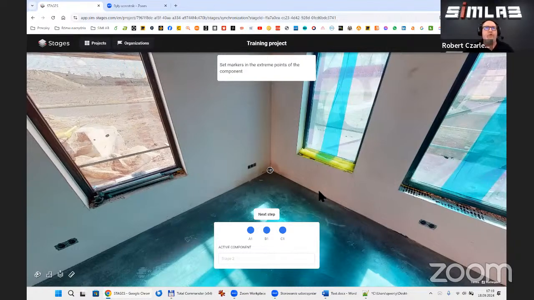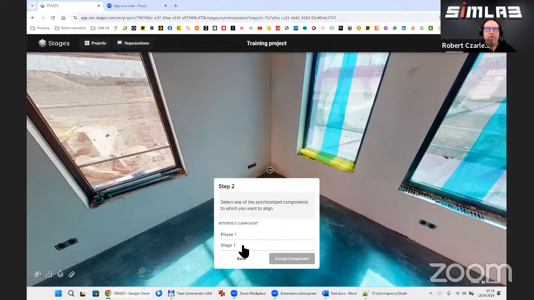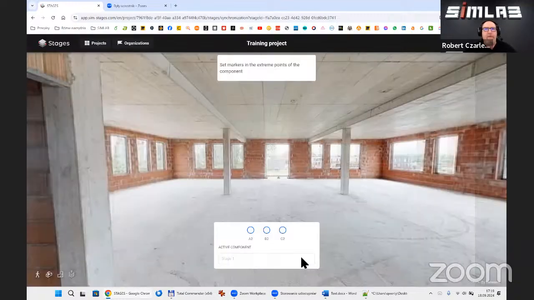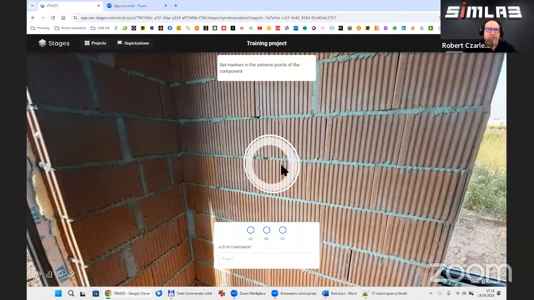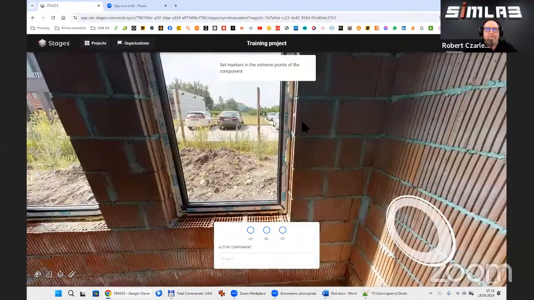Now we have to choose our reference scan to proceed with the synchronization. So I have to click the next step button and choose the stage which is already synchronized. We have to accept this component for synchronization and repeat the process of marking the specific points on the scan.